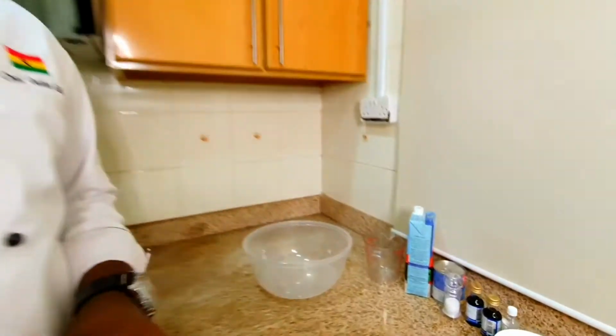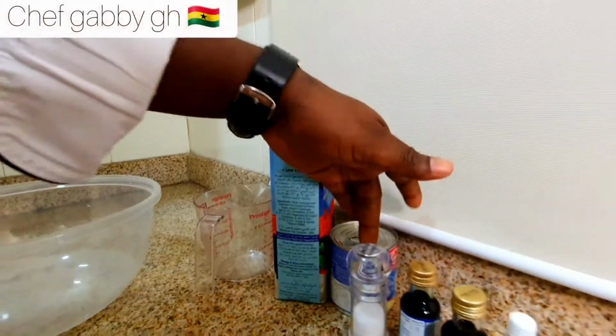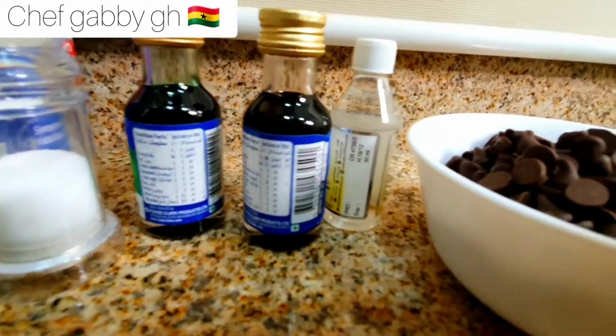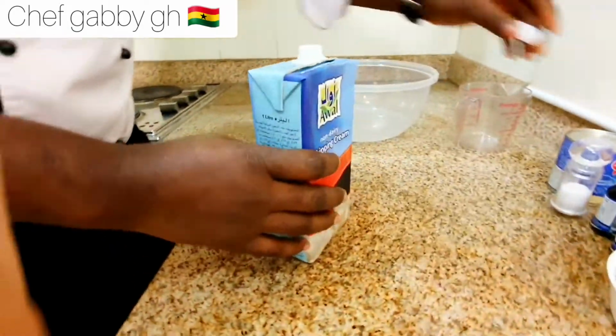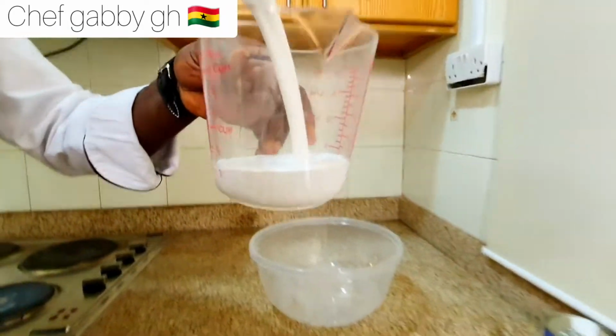Let's go to the ingredients we have for our ice cream. Whipping cream, condensed milk, salt, green color, vanilla extract, mint water, and chocolate chips. First, we will take 2 cups of whipping cream,